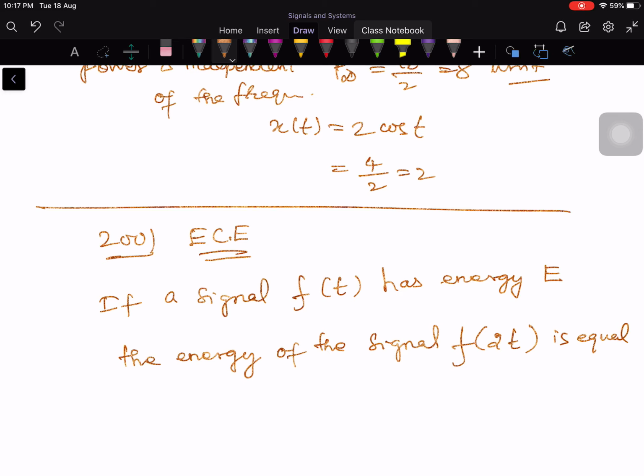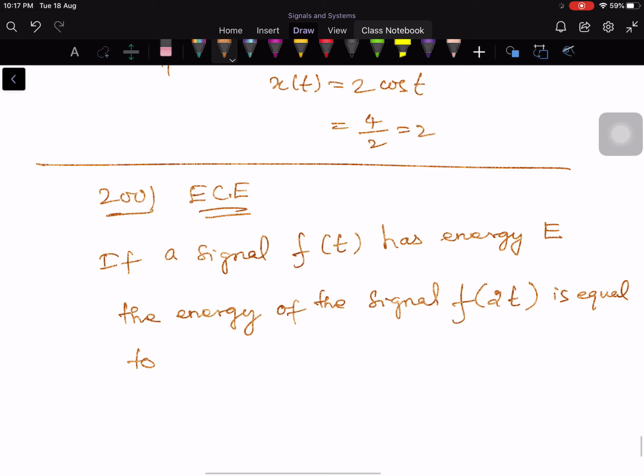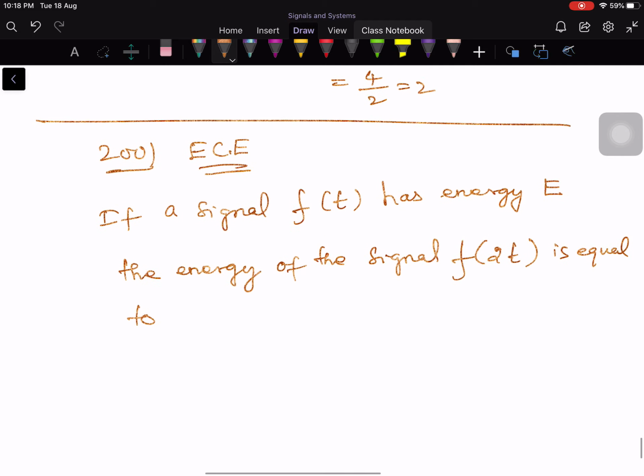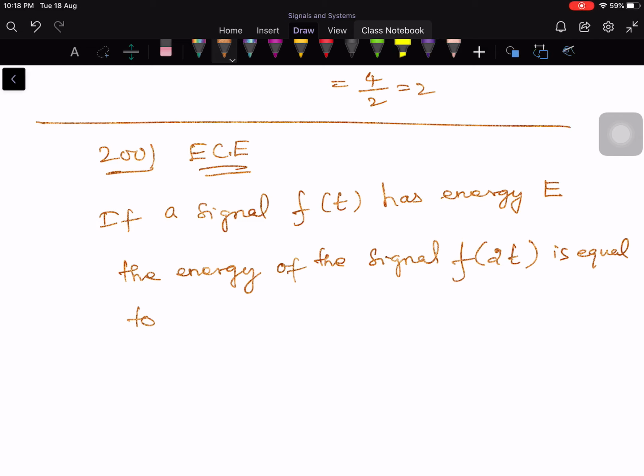I think this is not the appropriate place to discuss this problem. Anyway, since I started, let me finish this. So in the next lecture I will talk about various operations of the signals, like transformations of the independent variable, like scaling, shifting, then folding, all those things we will see. That time this becomes very easy. Equal to option A E, option B E over 2, option C 2 times E, option D 4E.